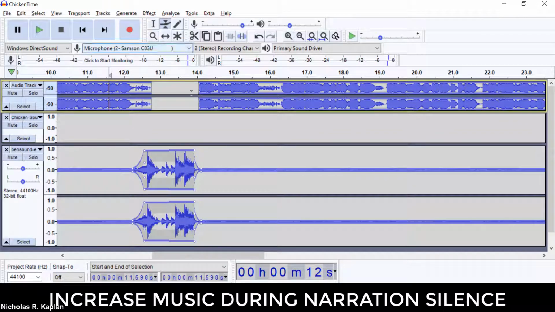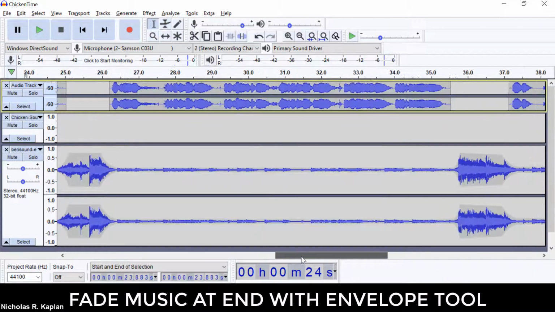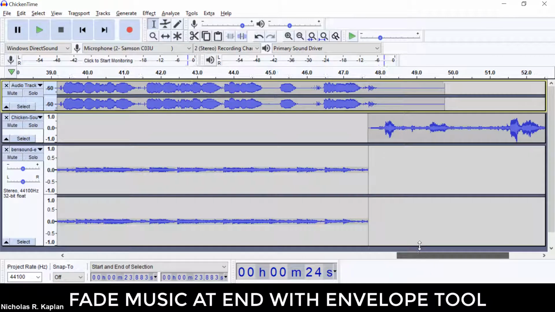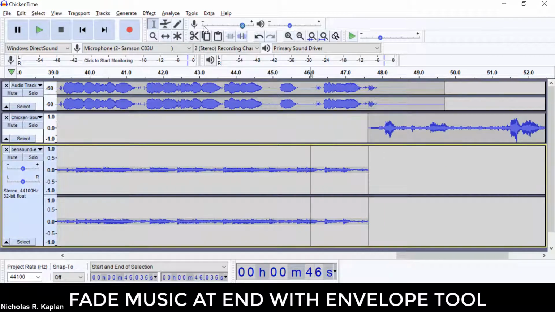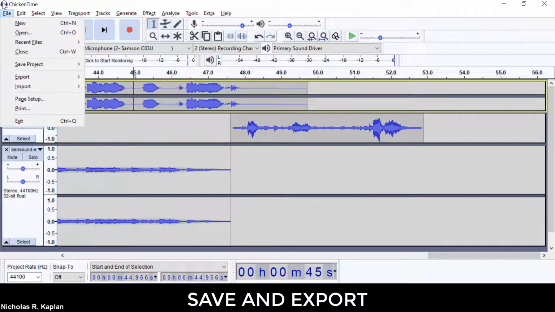Ooh, that was a little rough. That came out real fast. So I'm going to make that peak go a little bit slower. All right, that sounds pretty good. And then the final thing that we need is let's just fade this music out all the way at the end so that it just doesn't abruptly stop. So I'm going to put 1 final dot in there, 1 dot all the way at the end, and take it all the way down to nothingness. There we go.